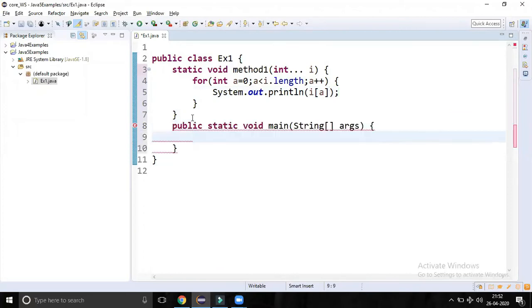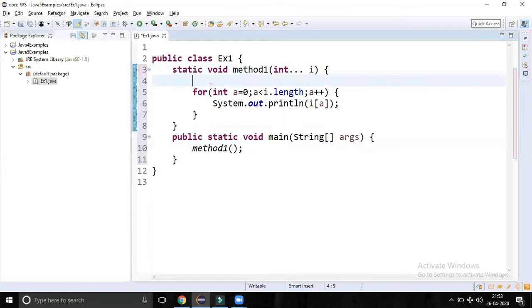And let us take a main method for executing this program, and I am invoking method 1 by passing 0 arguments. So a variable length argument will take 0 or more elements.